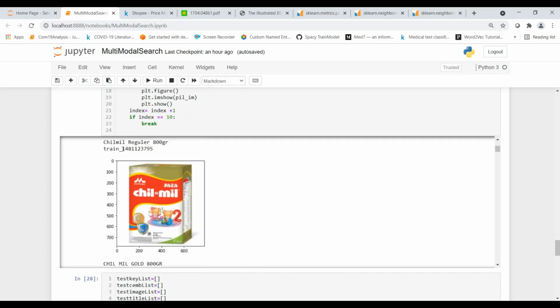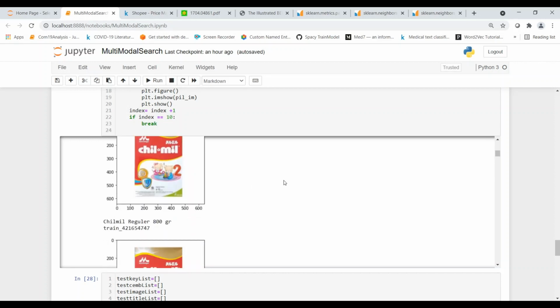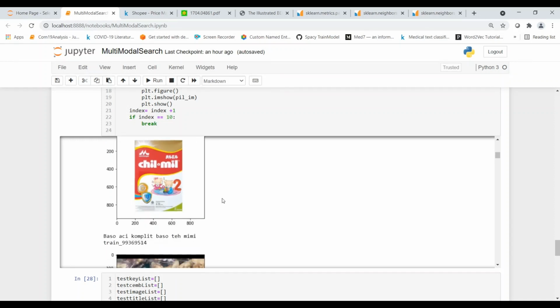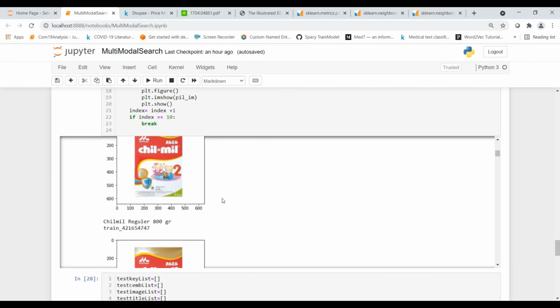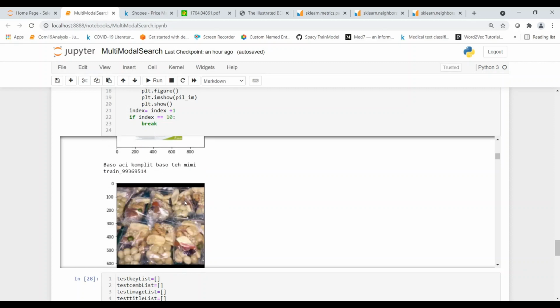But these are different postings over here. You can see this posting is different, this posting is different. And this is a slightly different description again, so it is able to pull slightly different descriptions. Now let's look at the second instance, which is another image with another text description. This looks like some kind of dry fruits or something like that. The text is in Indonesian, or Taiwanese, I believe.